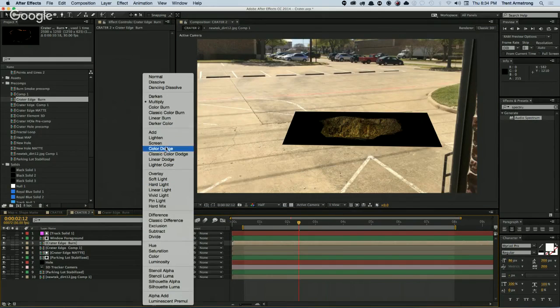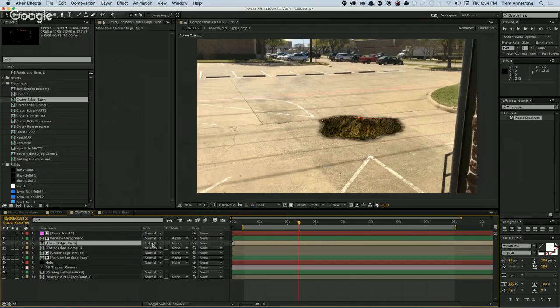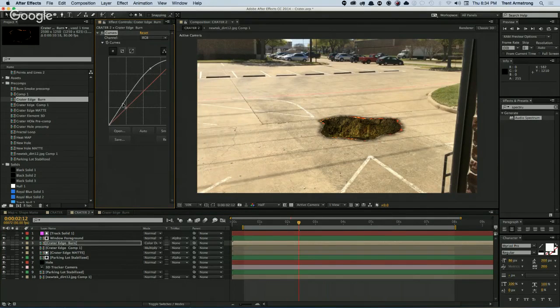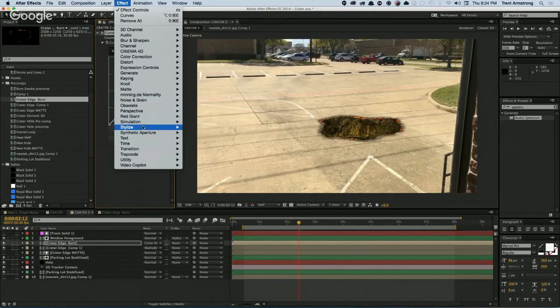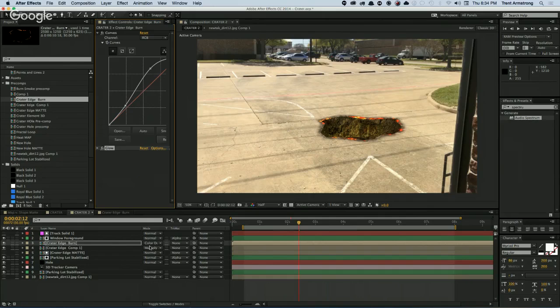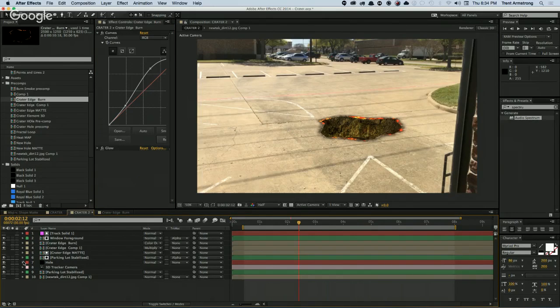And then we'll do, let's try color dodge to start with. Okay. And we can also maybe improve colors a little bit. And then add a glow to it. And there was something I did earlier today. I think it was maybe a drop shadow,